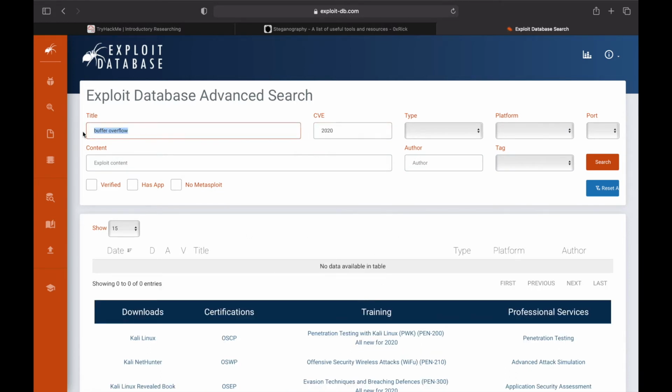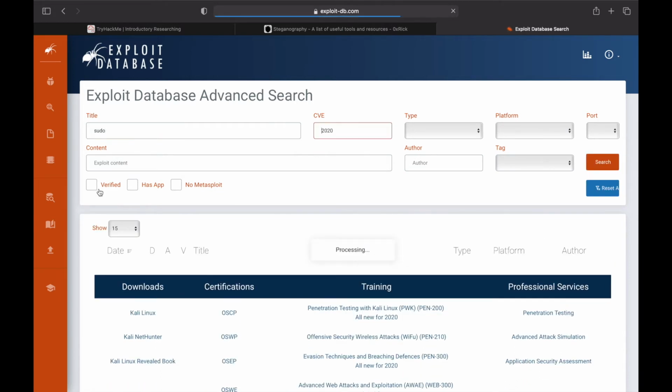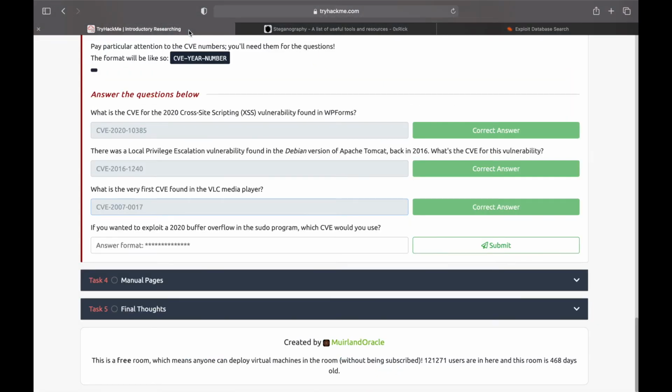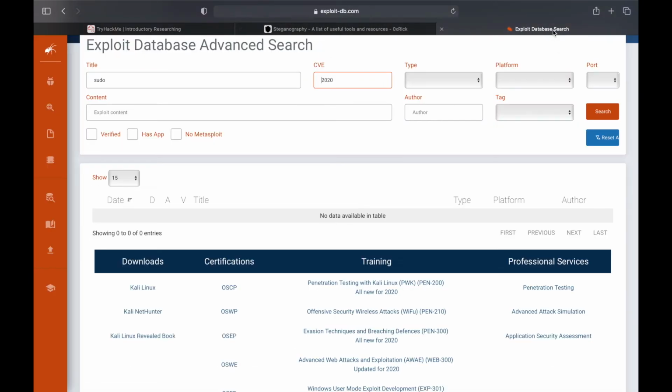No, we don't have anything. So we'll check with sudo. Okay, we don't have anything. Buffer overflow in the sudo program. So we'll remove 2020. Let's search for sudo.